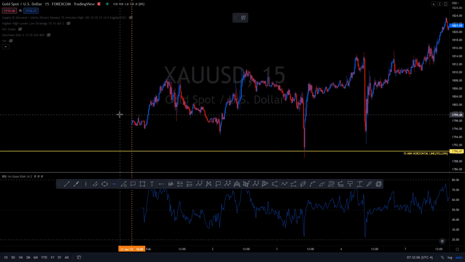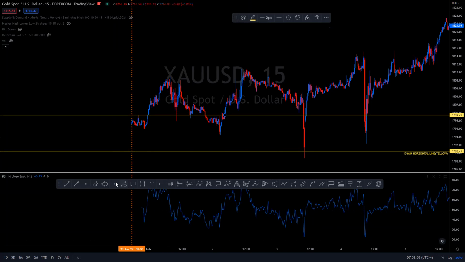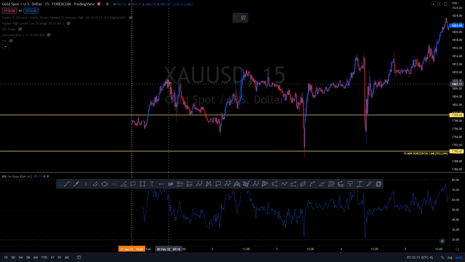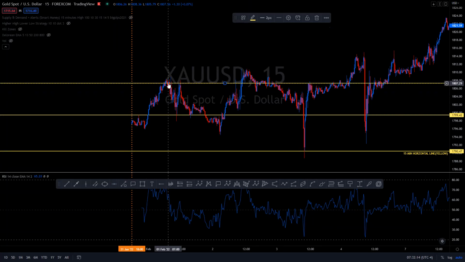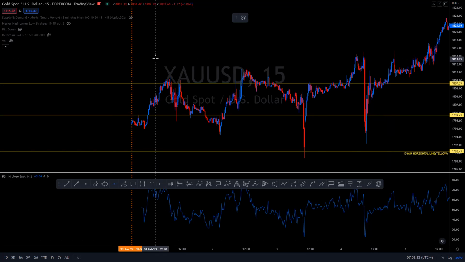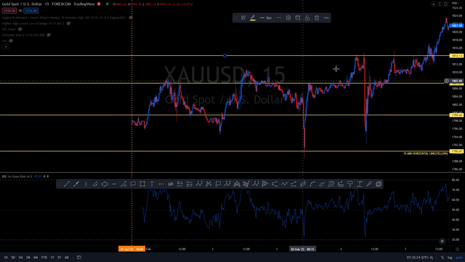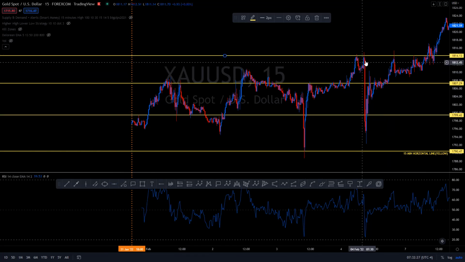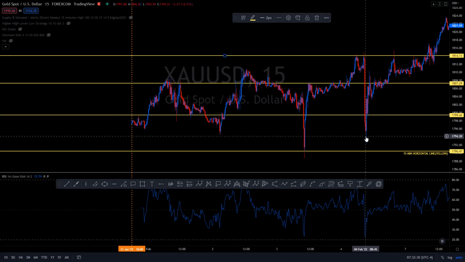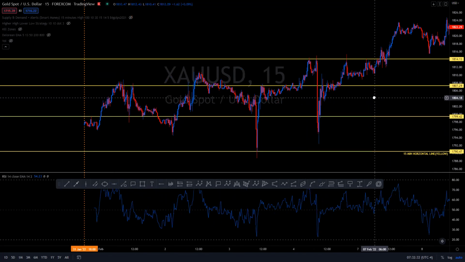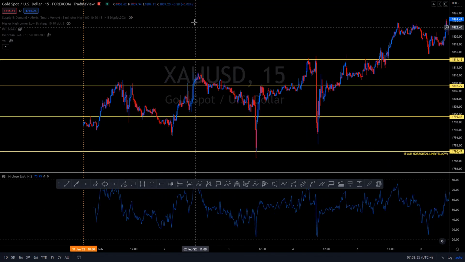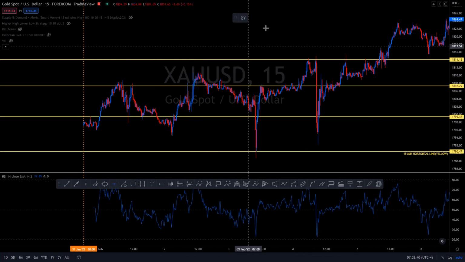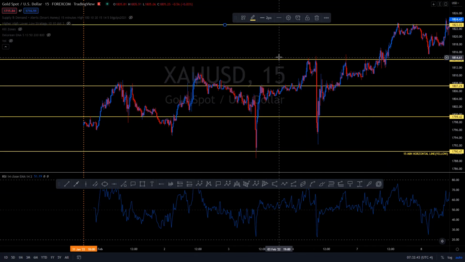The next area I can see is here. And then you got this next area here. Price got a lot of liquidity, went up to this next zone. You can kind of see that here. This is a good area because price hit this area a couple times and then shot all the way down to this lower level. So this was a good level here. And then you got this level up here. So maybe right here.